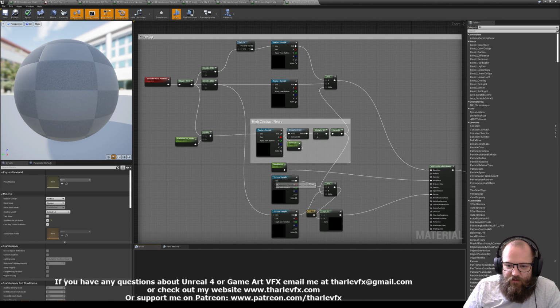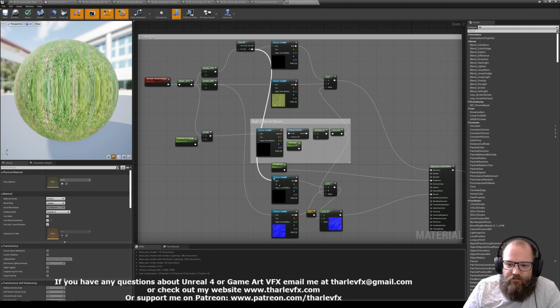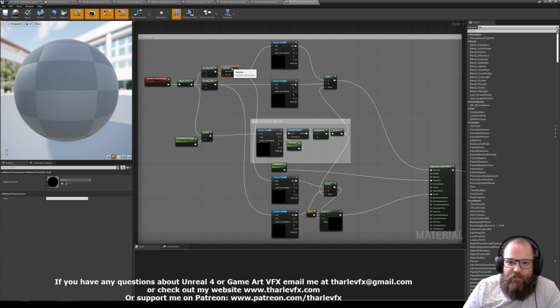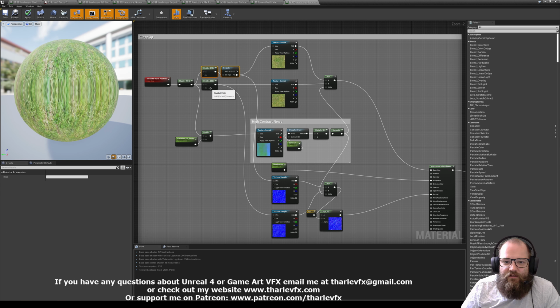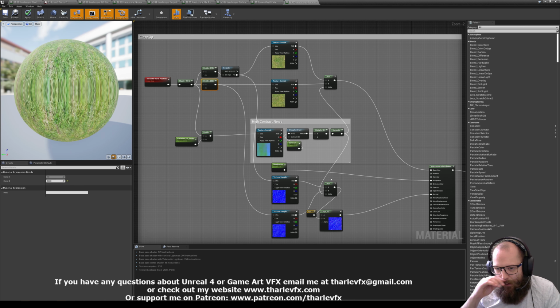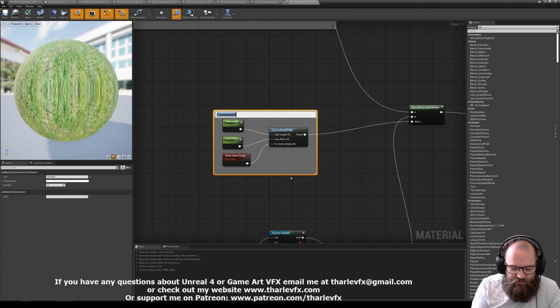In actual fact, probably a better way to do that would be this. There we go, not repeating nodes unnecessarily. So now I have one set of tiling noise, one set of UVs into the same texture, another set of UVs into the same texture, and I'm using that to create some variation in my grass, and then I'm blending that using my distance mask,